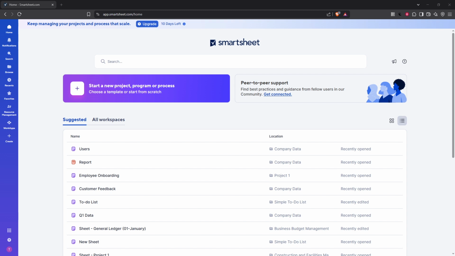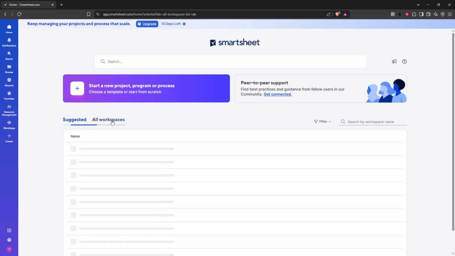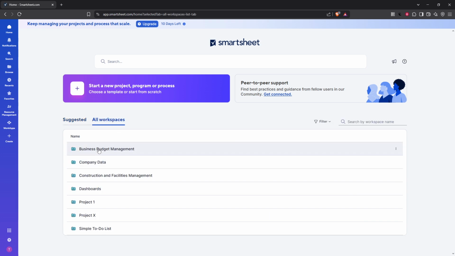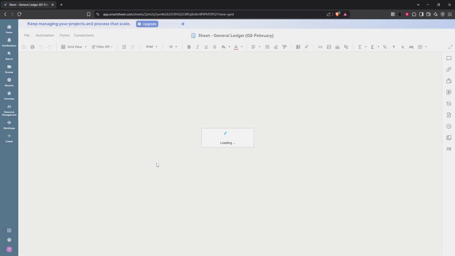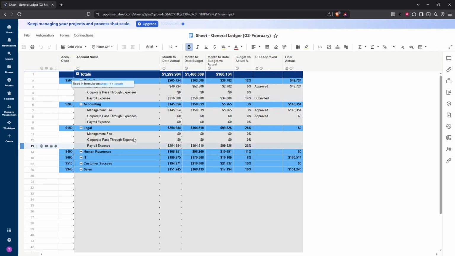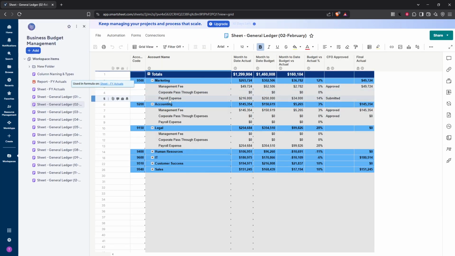First, navigate to your Smartsheet workspace or your home page. This is essentially your dashboard that gives you an overview of all your sheets and projects. It's the launching point for everything you'll do throughout your Smartsheet experience. Locate the specific sheet you'd like to work on and open it. The sheet you're accessing is where you'll be making these indentation adjustments, so ensure that this is the correct one